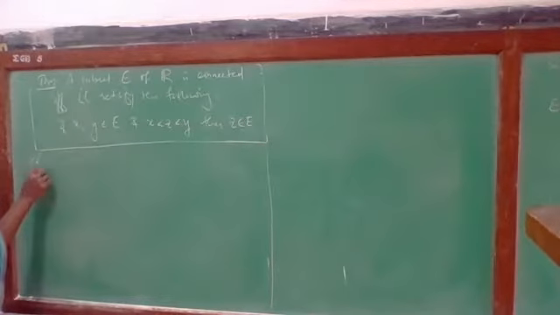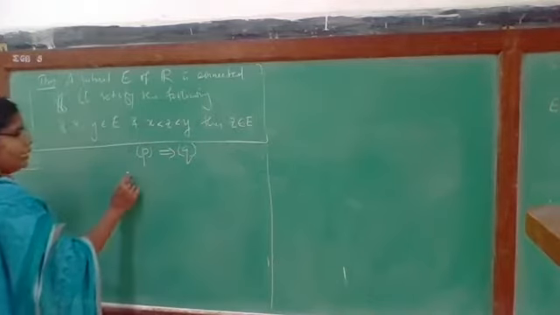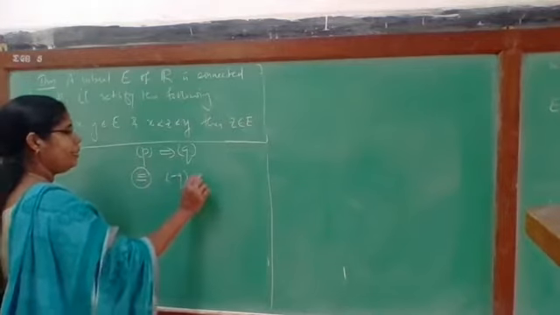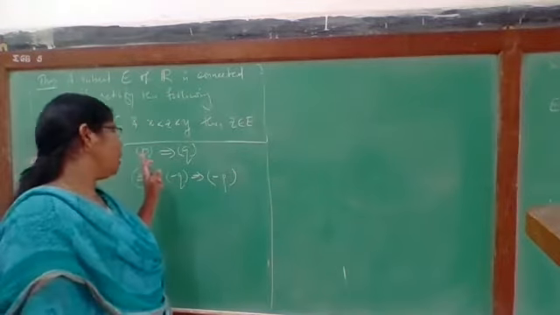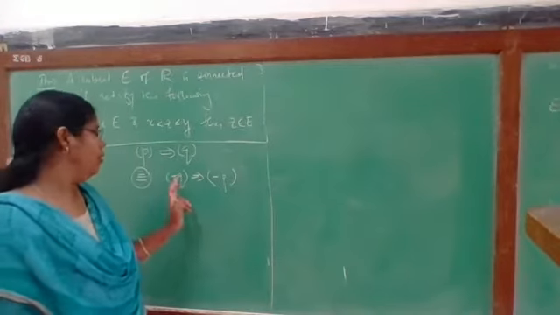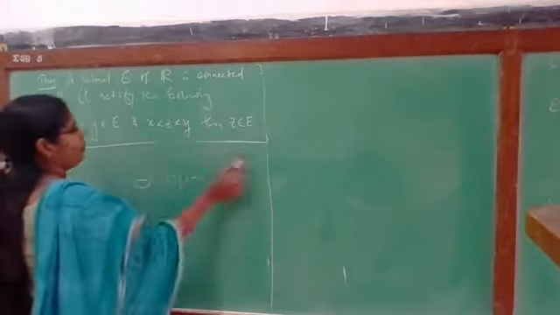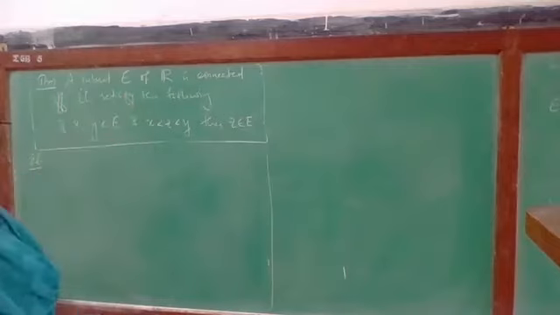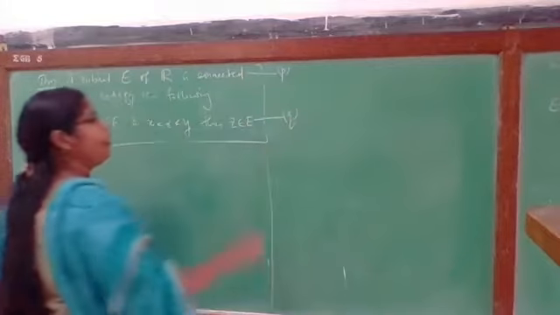So for proving the statement P implies the statement Q, it is equivalent to prove that the negation of the statement Q implies the negation of the statement P. That means in order to prove P implies Q, it is enough to prove that if the statement Q is not true, then the statement P is also not true. Okay? So we are approaching this theorem from both sides, because it's a necessary and sufficient condition. Okay, so we call this the statement P and this the statement Q.